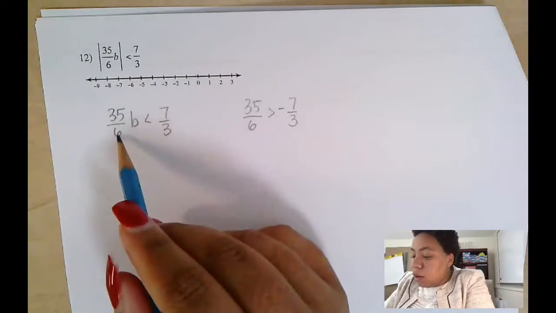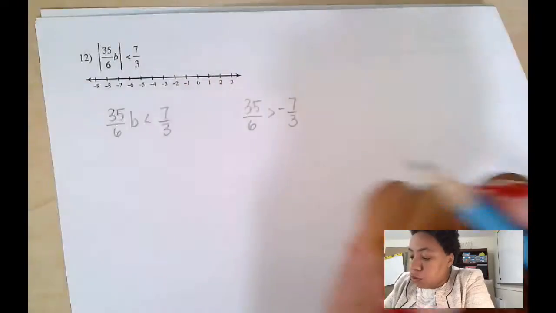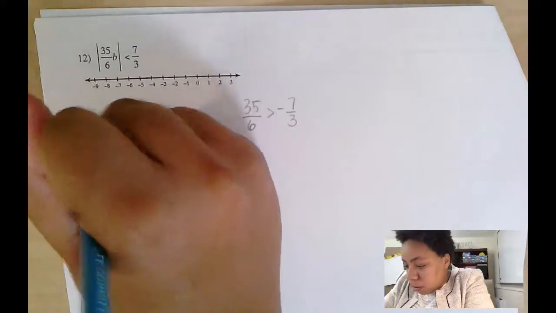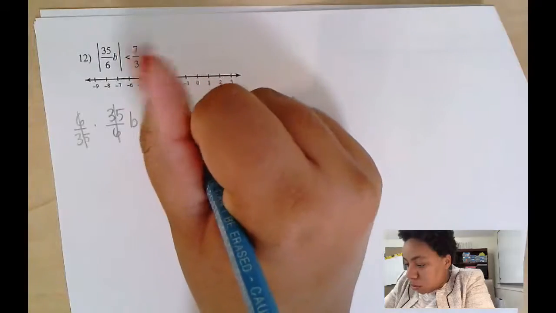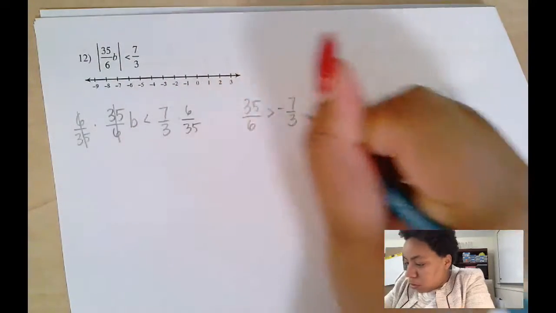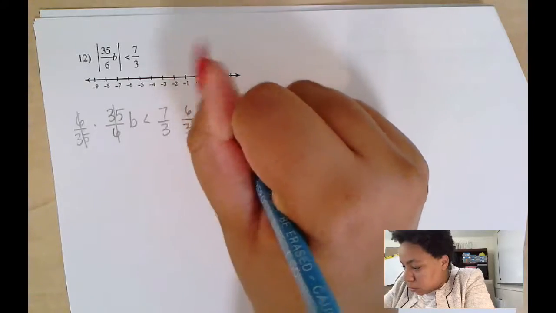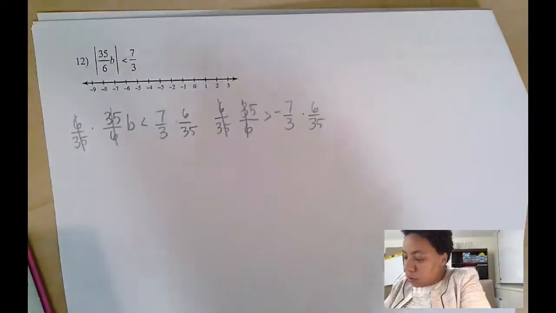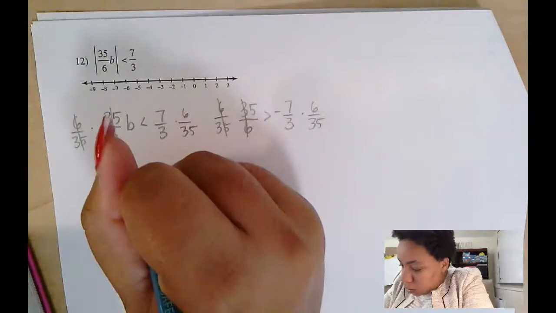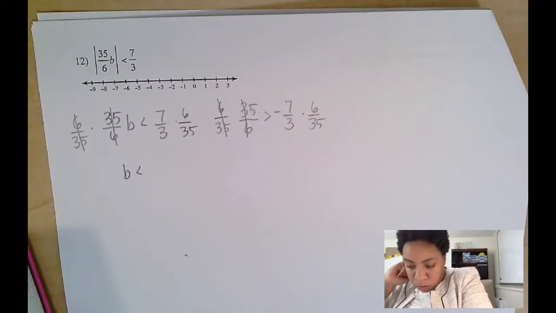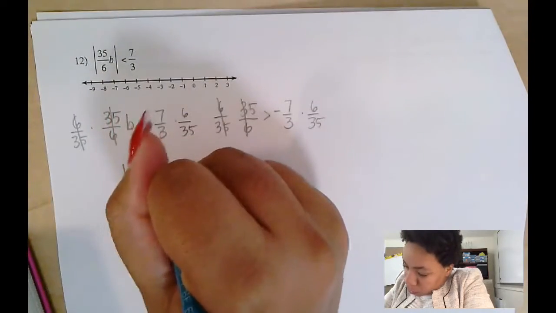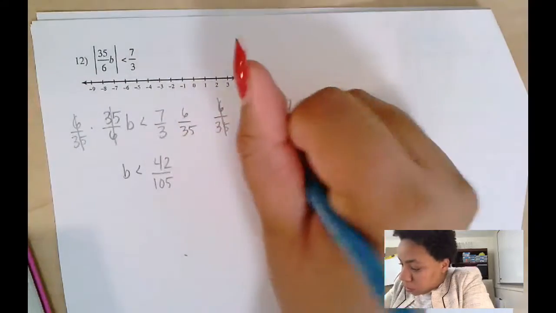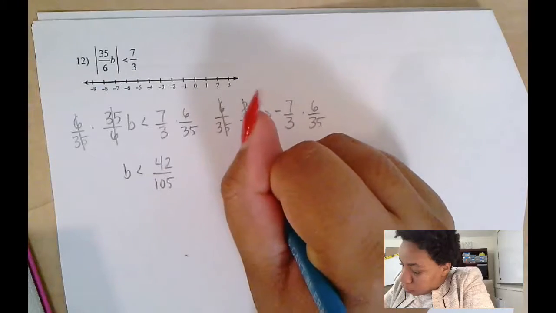Now we're going to get rid of this 35 over 6 by multiplying each side by the reciprocal. So now we've got b is less than or equal to, with the fractions, 42 over 105, and b is greater than or equal to